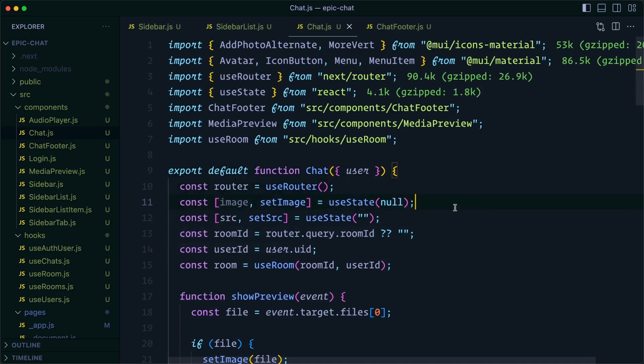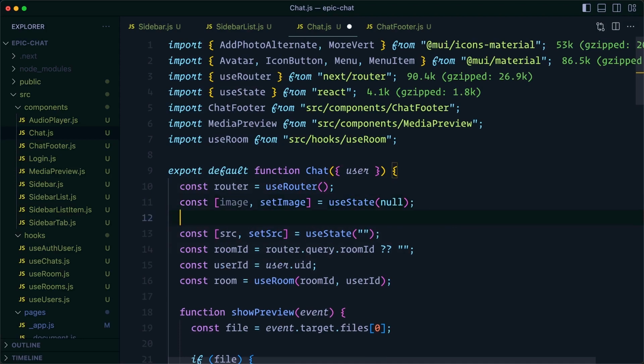So since we have the image state stored up here, we're in a position to send our message within the main chat component. But how do we get the text state? How do we get what's typed into the input and pass it up to chat so that we can send off our message? Well, we can simply lift state up, meaning we can create some state to store the